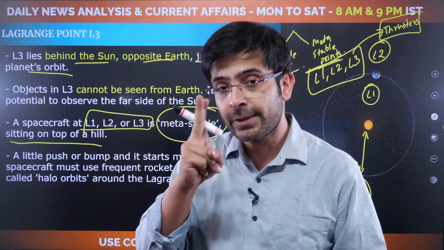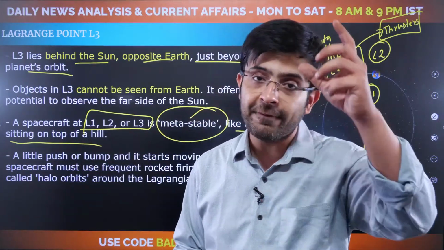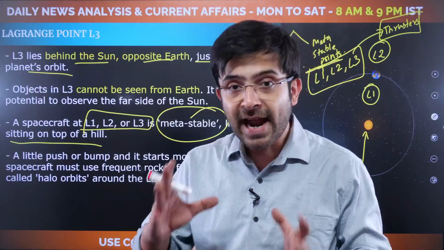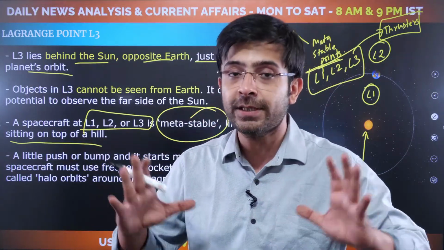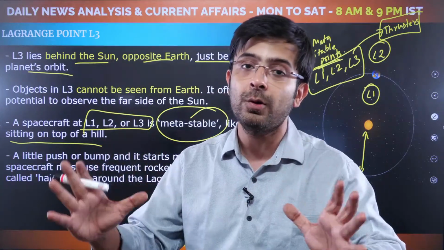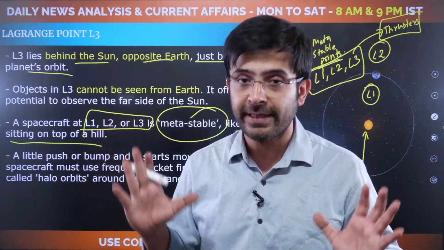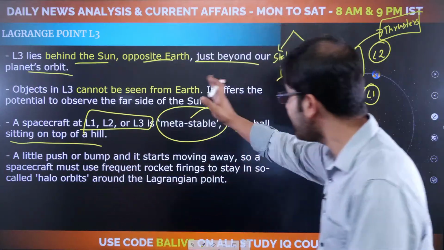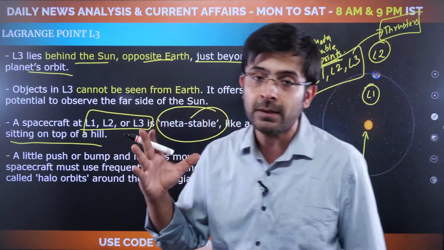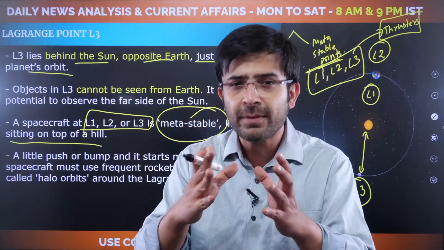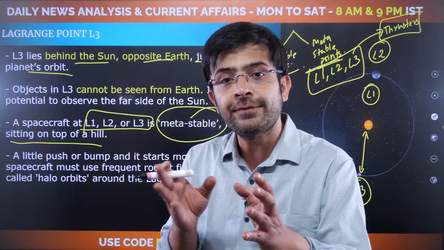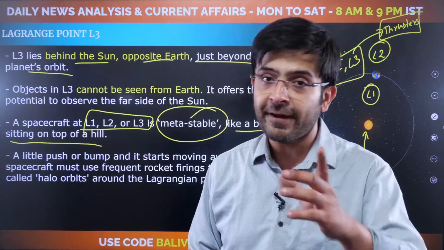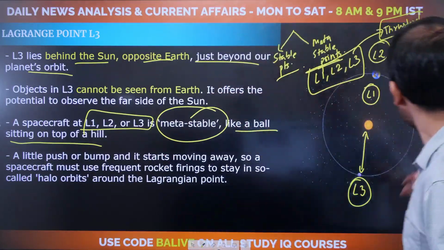However, there also exist two particular points, Lagrange points L4 and L5, at which you don't need to use thrusters. There, you are not playing with the gravitational fields of the Sun and the Earth. At L1, L2, L3, you are playing with the gravitational field of both the Sun and the Earth to find some sort of stability for a brief time, and then use fuel to maintain that stability throughout. However, in L4 and L5, you're not looking to do that. So let's look at L4 now.